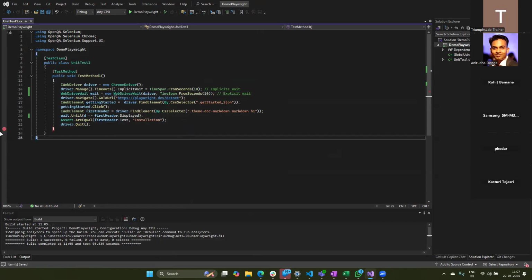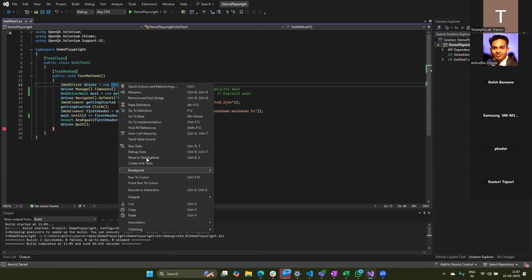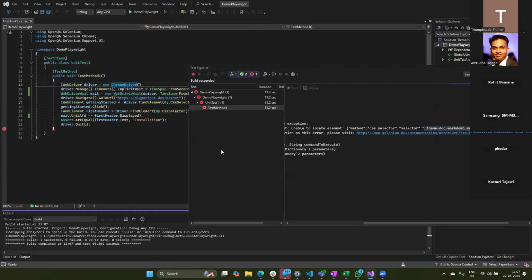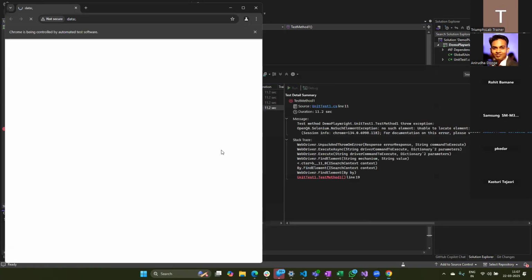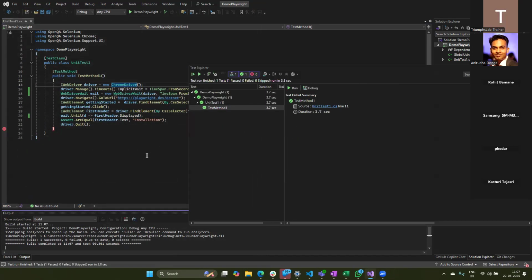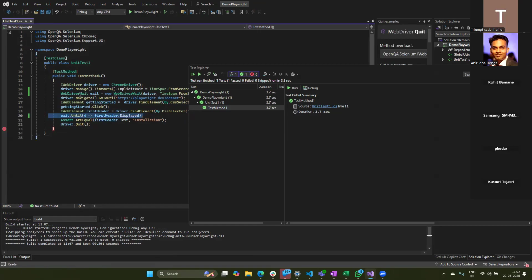Now if I run this test, see, my test passed. So even for validating such a small scenario, I had to write special code for waiting for the element. This is something that is there in Selenium.